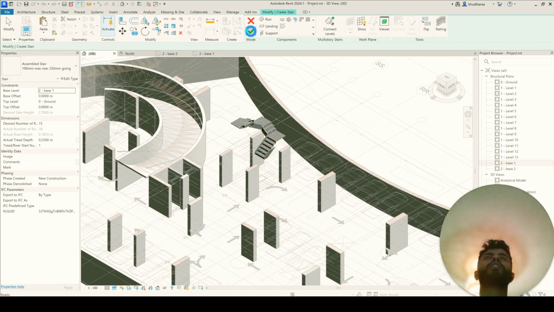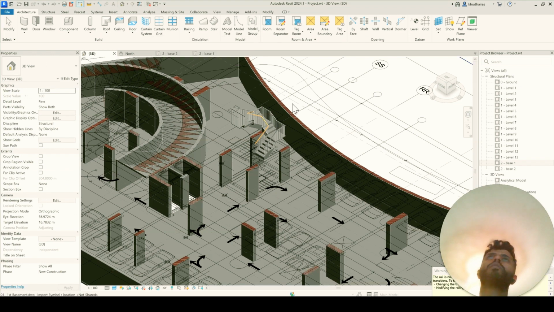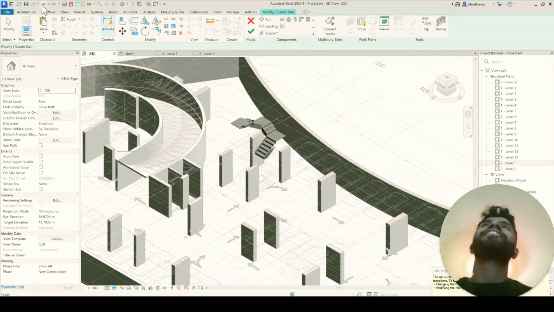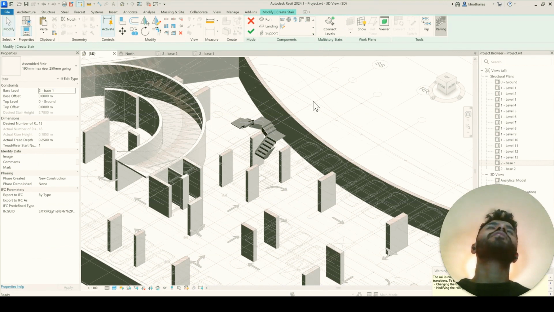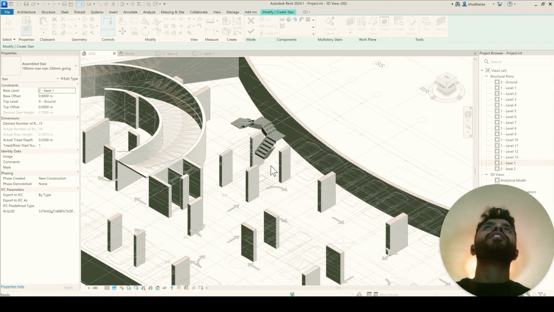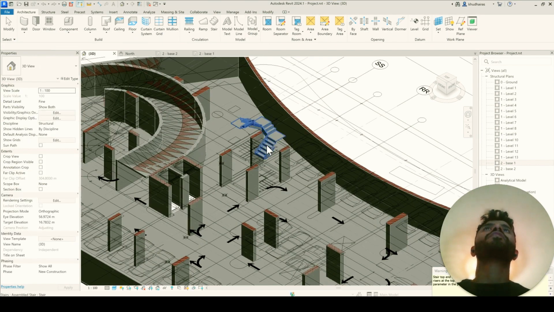And if I press OK, I don't think I pressed. Let's go back again. So when I press on this, I need to select none. Okay. Done. Now it shouldn't have the railing.